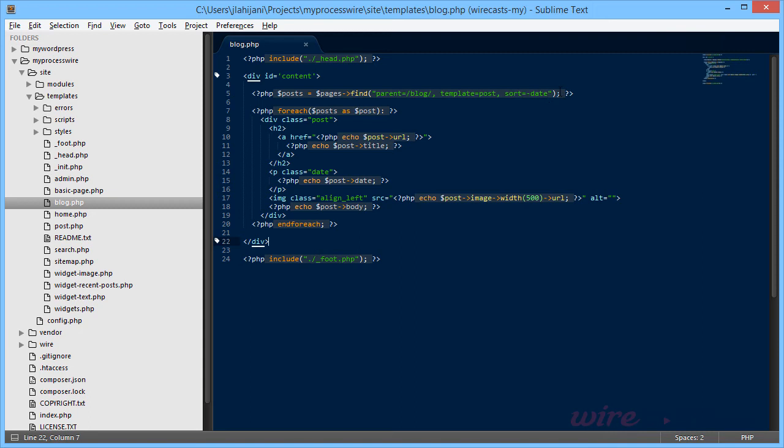As you can see, we're first getting the posts by using a selector here. We're going to grab all the posts from the parent page, which is the blog. We want the post template, and we want to sort it by date in reverse order, which is what this minus sign does. We then want to loop through all the posts, and then we want to output the content